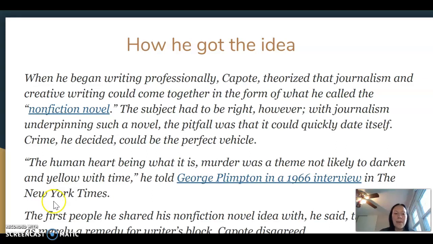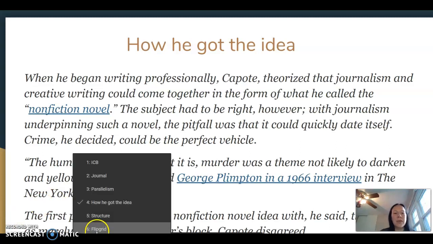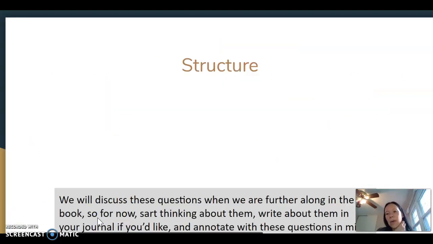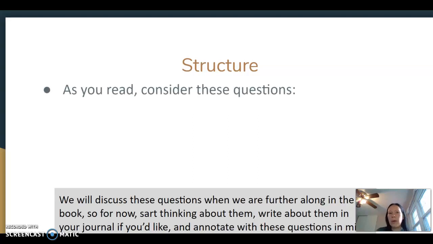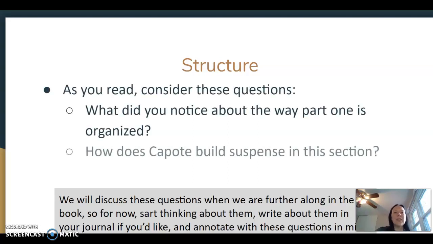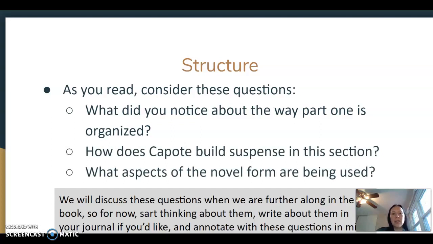So the reason I bring that up is I think it's interesting to read this book with that in mind, that Capote was very purposefully crafting a book that read like a novel. And I want you to be thinking about why. Like, what does that add? What's his purpose with that? And so some things to think about as you continue to read